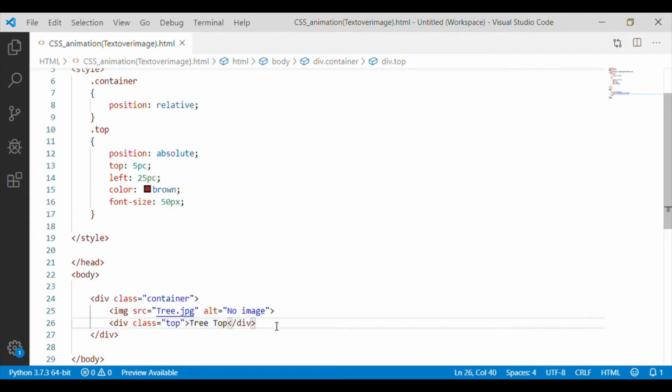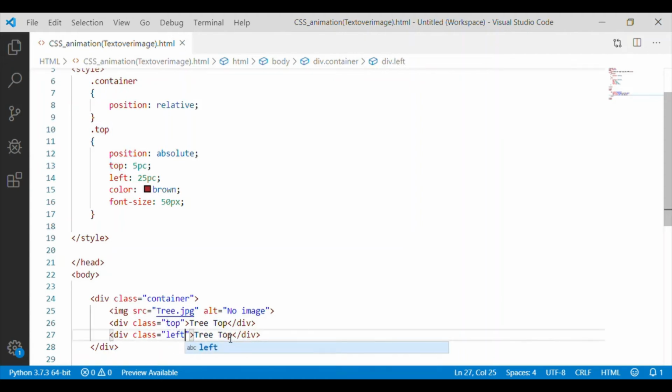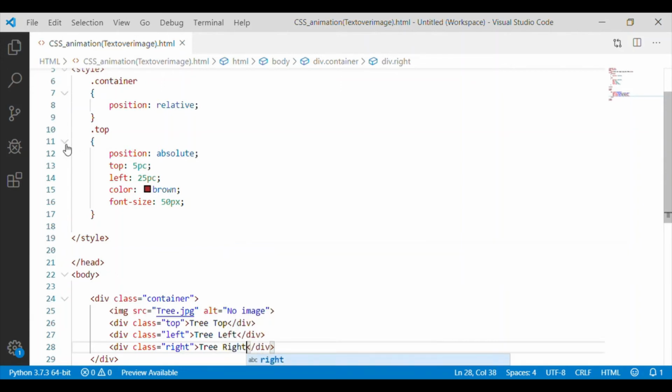Now similar to tree top, we will have the label displayed, one on the left side called tree left under the class left. Also one more text, we will display it on the right side of the image under the class right, and text as tree right.